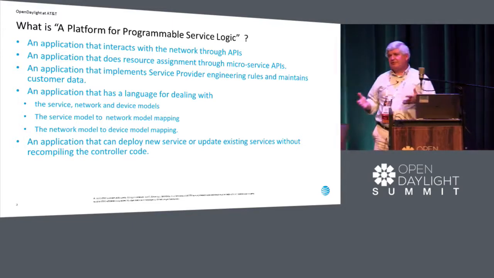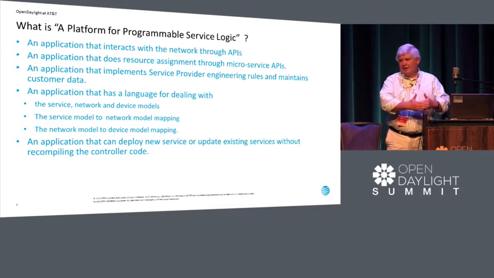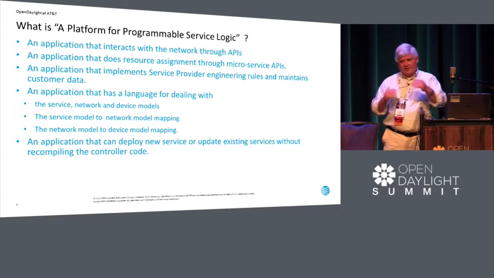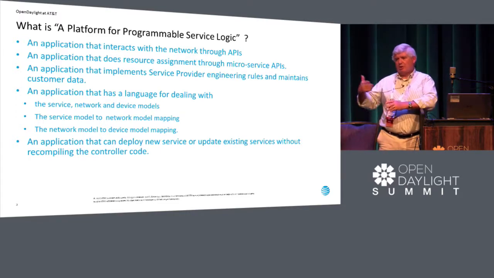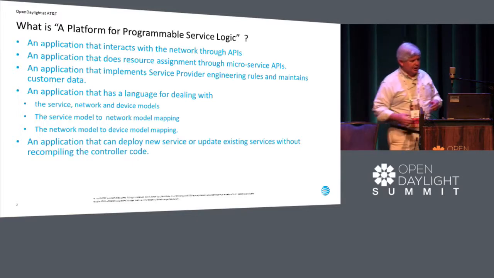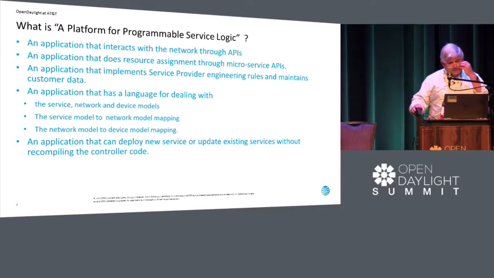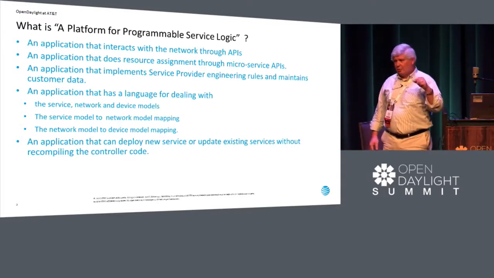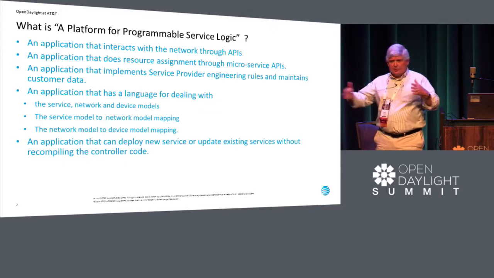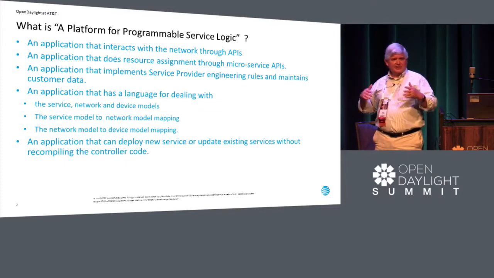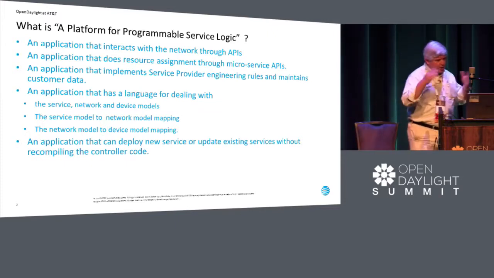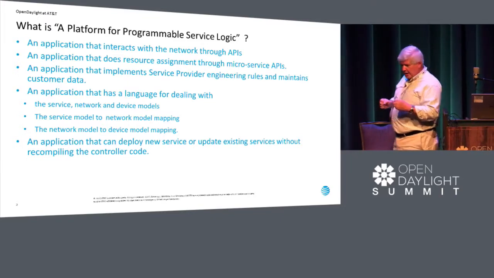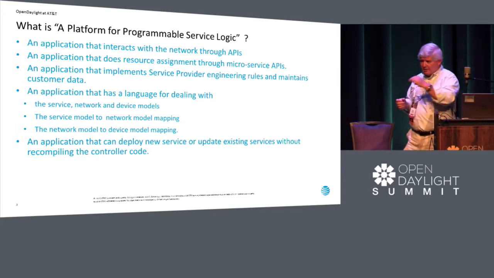It's also applications that do resource assignment. Usually you need VLANs, IP addresses, to pick a port, to pick a location, to generate a host name. All of these resource assignment functions are part of what it takes to put a service into the network. It is also the point at which we implement the engineering policies. No more than X on Y. Make sure that our resource constraints are satisfied, our security constraints, all of those things are implemented and contained in that programmable platform. The last thing, it's the place where state about the network is